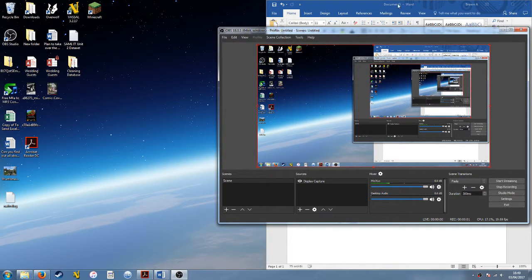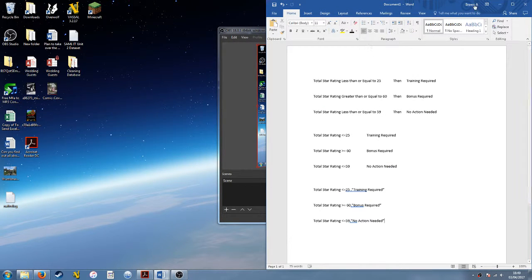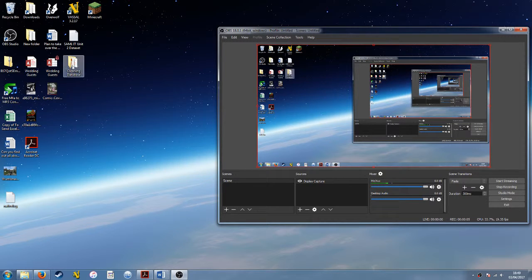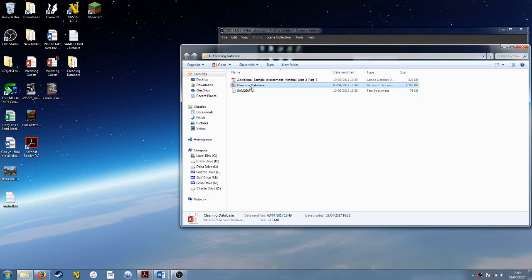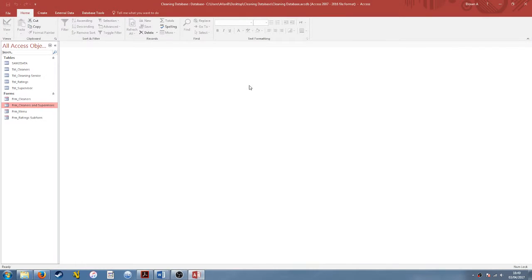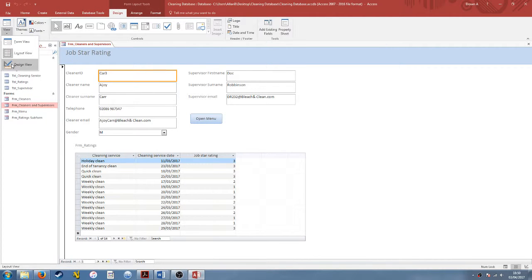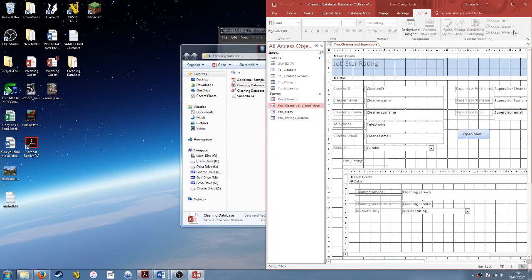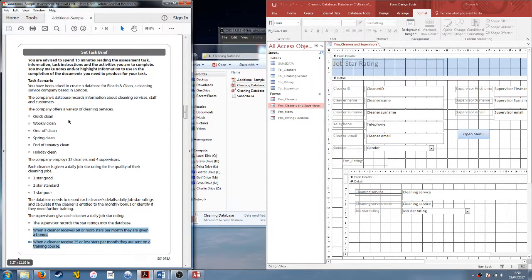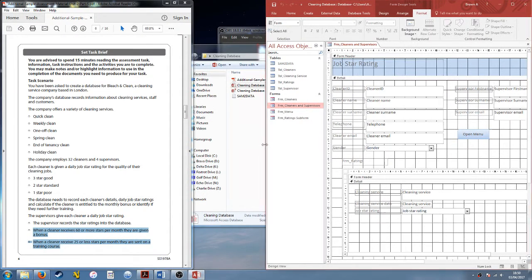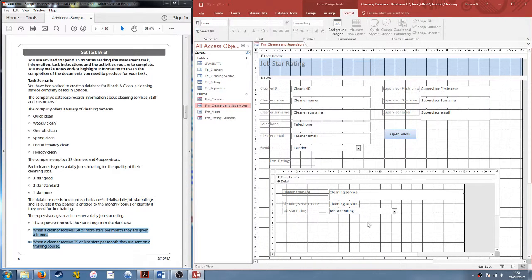Okay, and welcome back. This time we're going to have a little bit more of a play in that form we just made, and we're going to do a little bit of addition, and we're going to put in a switch function. So let's just get the form up, stick it over to the side, we'll get our task brief up, and we'll move it over a bit. So the first thing we need to do